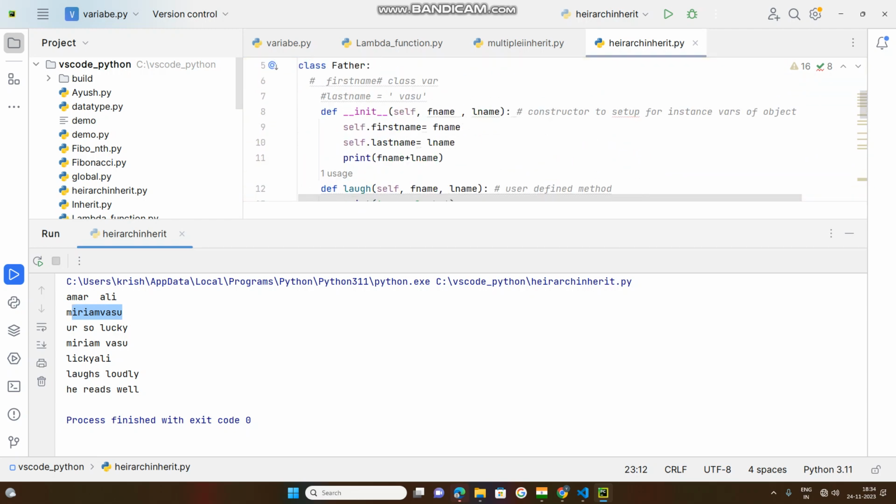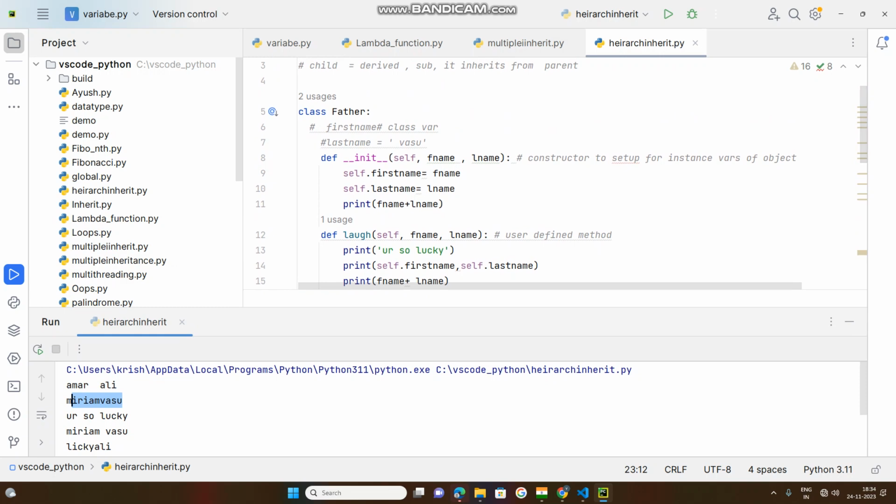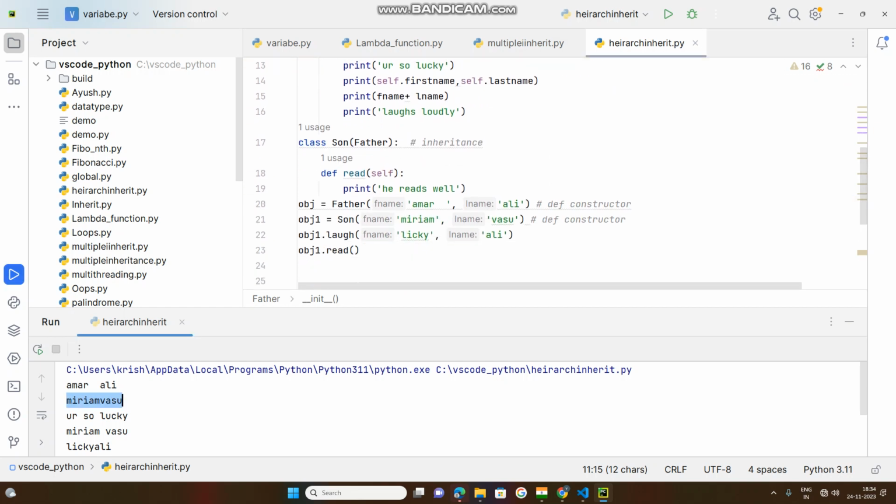Try to understand, this is for one printout. Whenever values are passed here, Amar Ali, they are passed here. This is for the next constructor, where you have passed the values for the son. Under the son constructor you have passed the values. So again these values will be